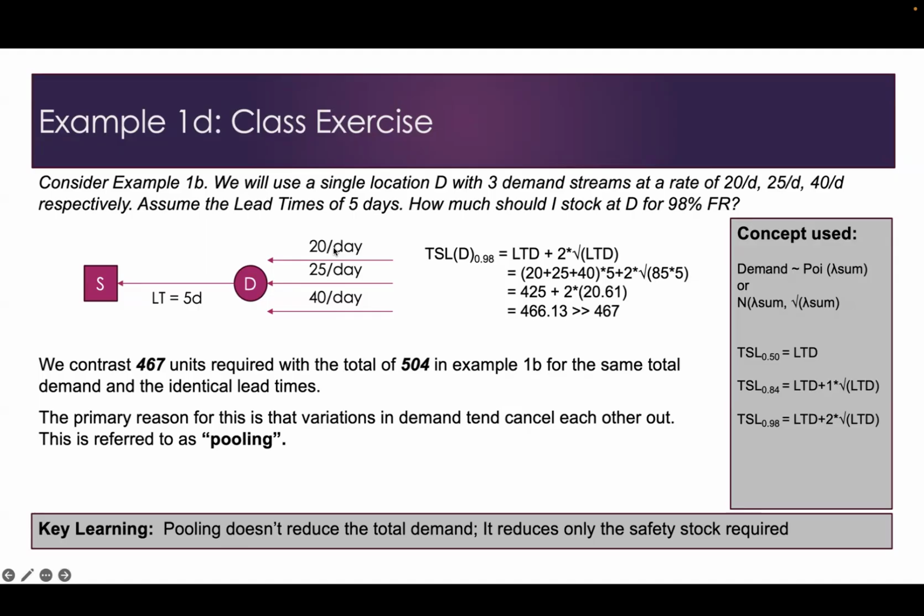In fact, canals and a lot of the areas which have multiple water streams, and even internet traffic, they use this concept called pooling. The idea is that not everybody goes to a 98%, the extreme high levels of demand at one point. So when one tends to be high, there's a reasonably good chance that one of the other ones will be low. So you're not going to see all the highs at the same time. So there's a cancellation of risk, and the fact that these variations in demand tend to cancel each other out